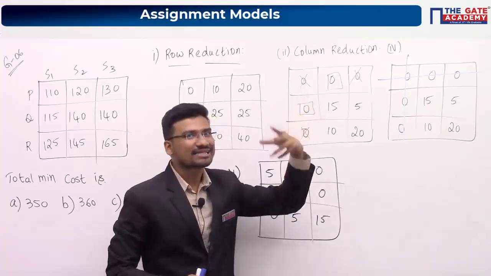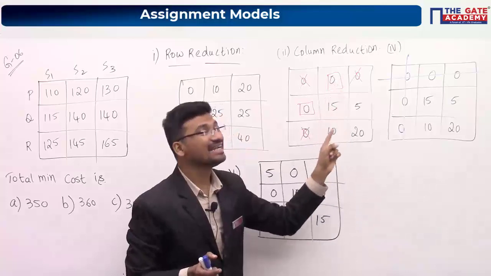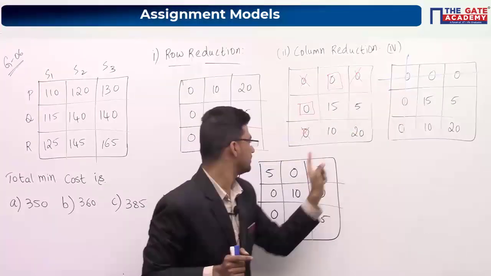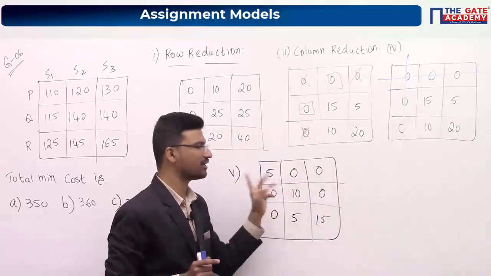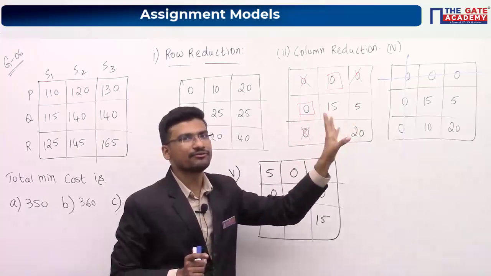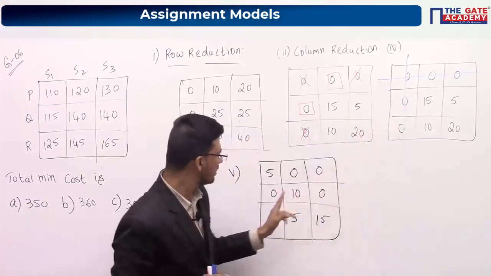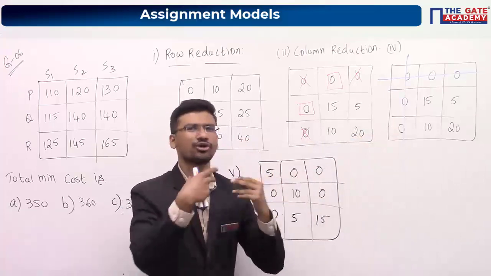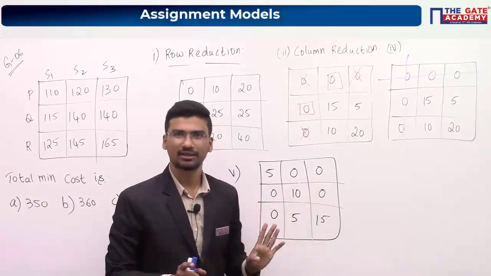Okay. Now in the next step, what we have to do? We have to add this particular minimum element at the intersection of the straight lines. Here you are having an intersection. So add here. It will be 5. We are having only one intersection, and there we have added this. So you have to leave other covered elements as it is. This is covered, this is also covered. We are not changing them. We are writing them as it is. So no need to add, no need to subtract for these other covered elements.